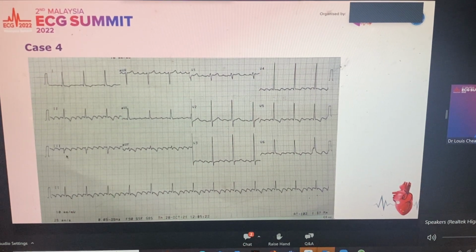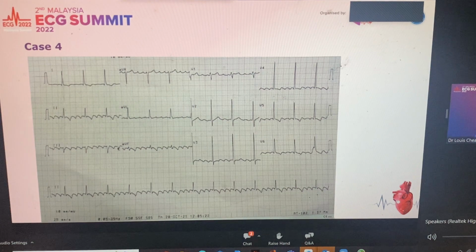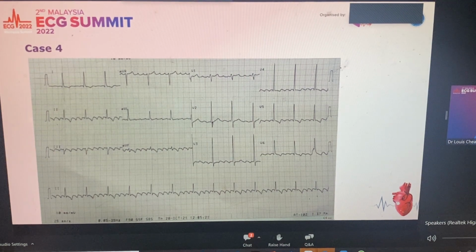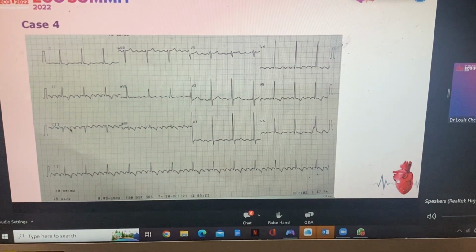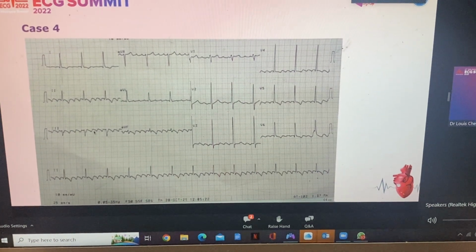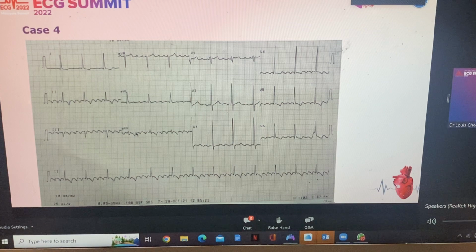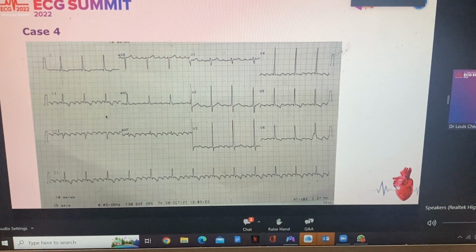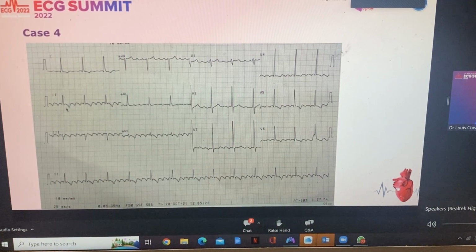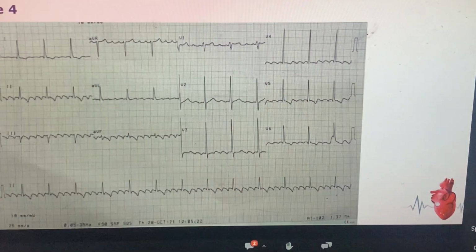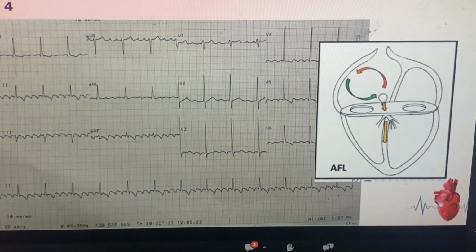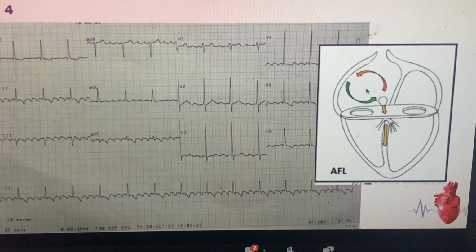I'm sure at one glance you will see this ECG, narrow complex, going at a rate of probably 100 beats per minute. But there is a very obvious seesaw pattern here. So I'm sure most of you know this is a flutter wave. These flutter waves are actually negative in inferior leads and positive in V1. So this is actually atrial flutter, and most of the time, as you see, this ECG is right-sided, going in